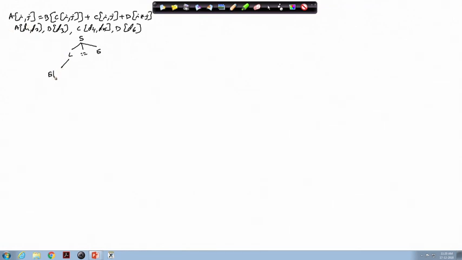So, this is L producing Elist bracket close, then this Elist generates Elist comma E, and Elist generates ID bracket start E. This E generates L generates ID.